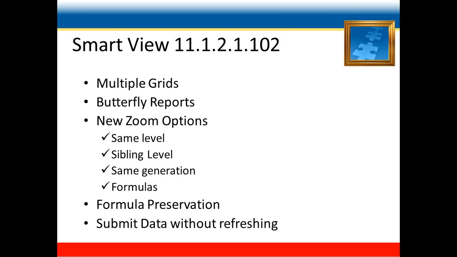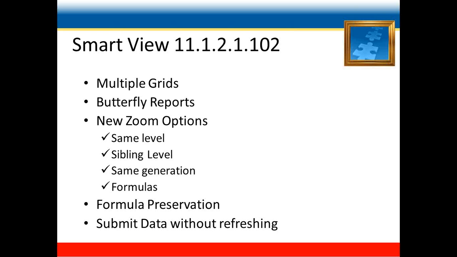Then the feature of multiple grids, again, which was improved. Here you could connect to different data sources. For example, you would select a range of cells in your worksheet. For that range of cells, you would connect to ISBase. Then for another range of cells, you would connect with planning as a data source, and you could compare the results from both data sources. So this feature was one of the most important features that was brought with this version.